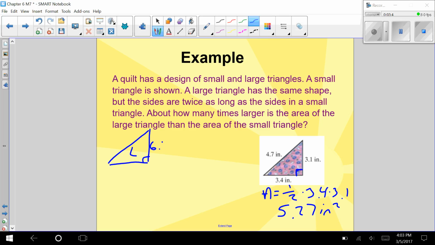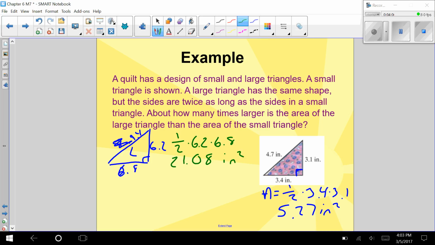So this side is 6.2, this is 6.8, and this side would be 9.4. The area would be 1/2 times 6.2 times 6.8, which is 21.08